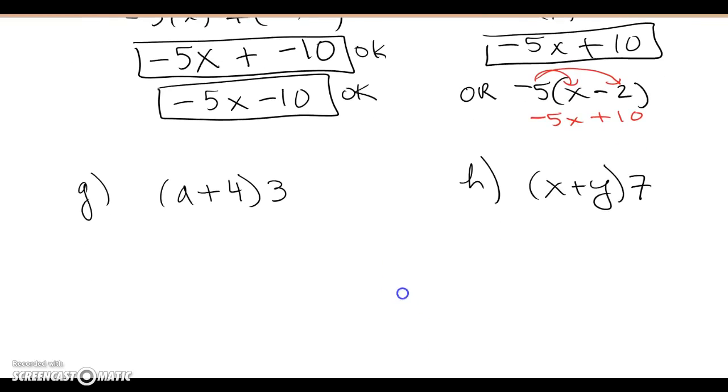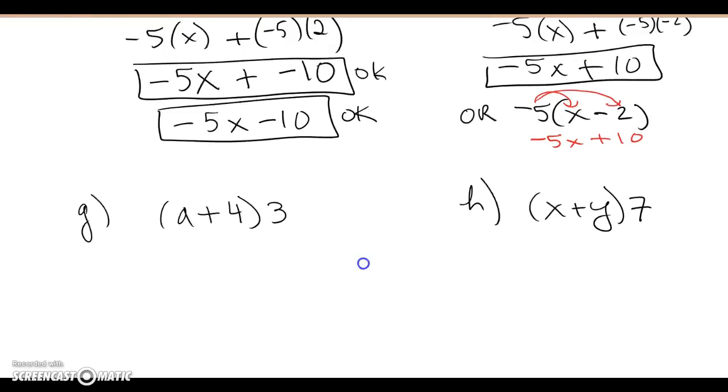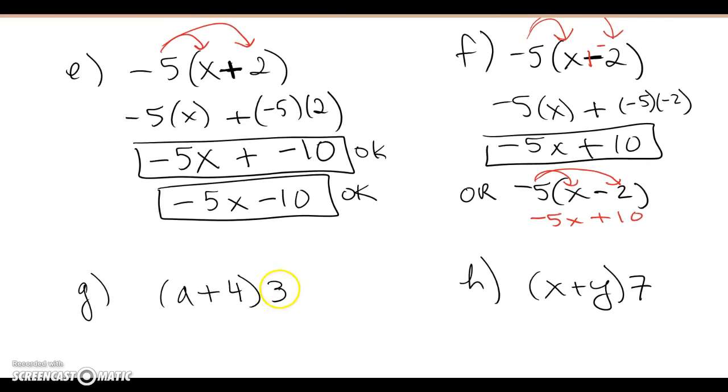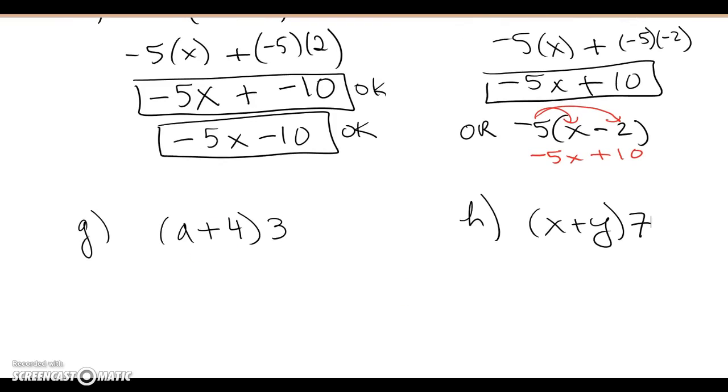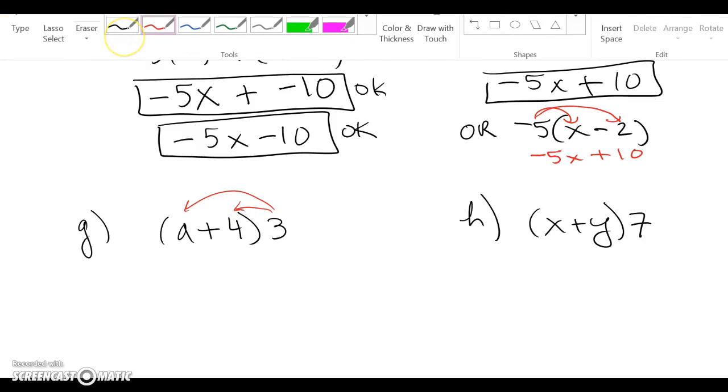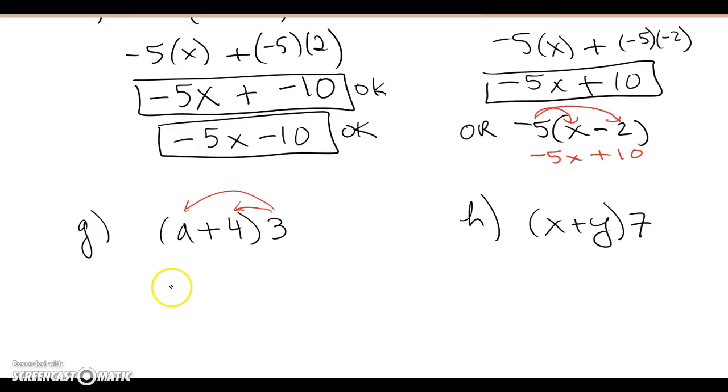So part G, simplify using the distributive property. This guy looks a little bit different than parts, let's say, E and F, because the number outside the parentheses is not in the front but in the back. Well, it doesn't matter since multiplication is commutative. We basically have this first chunk times 3, so we can go ahead and make the 3 distribute into both pieces from the back,